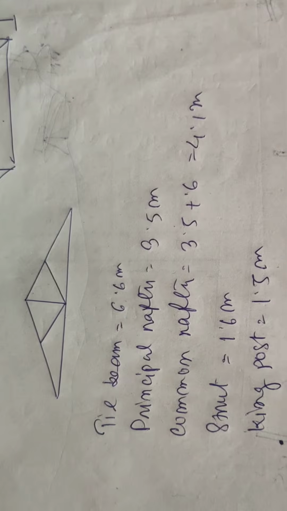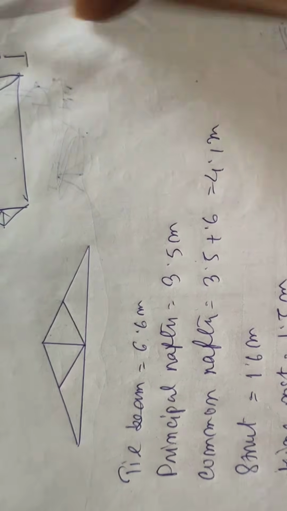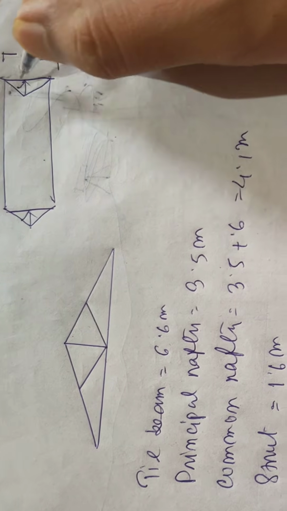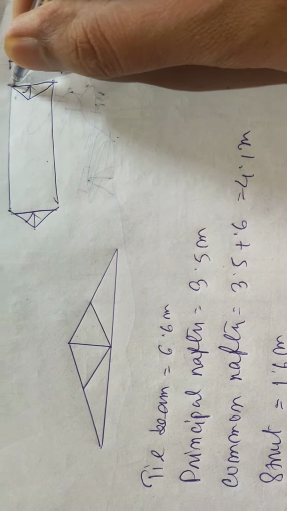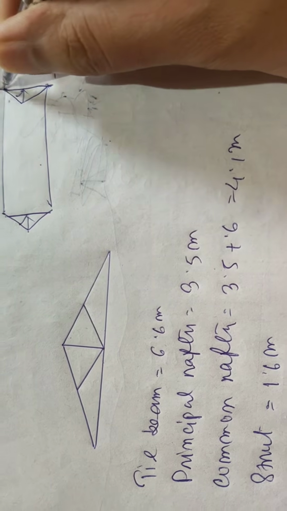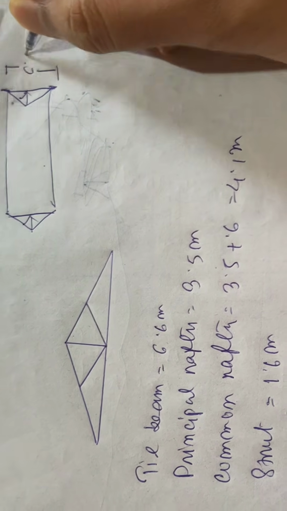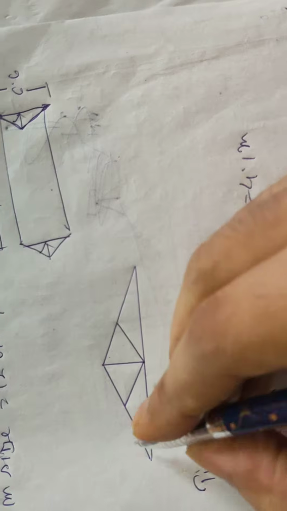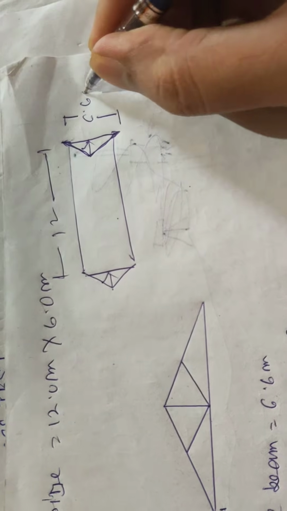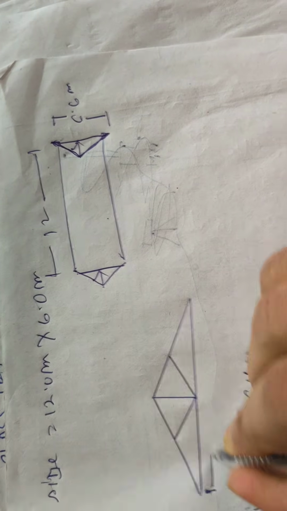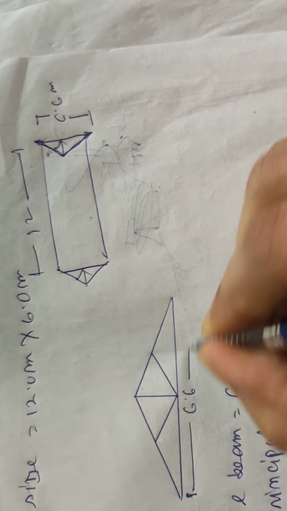truss. So what you do, so the span of the truss we have found out is 6 meter, but it will be extended 30 centimeter on both sides. So ultimately 30 here, 30 here, so ultimately 6.6 meter is the total span of the truss. So what we do, we draw the truss here. 6.6 meter is the total span of the truss. So we draw a truss of 6.6 centimeter.